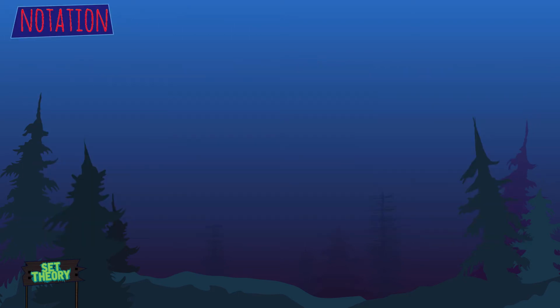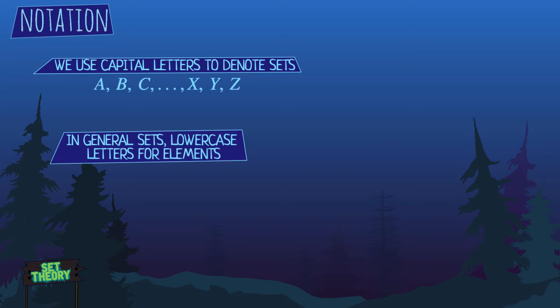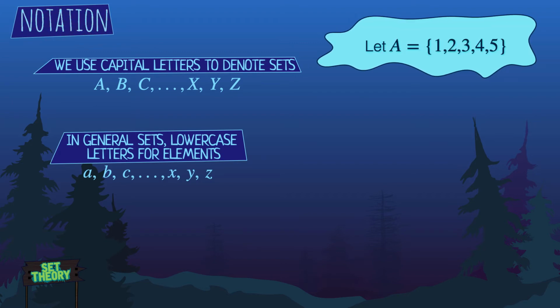So typically, we use capital letters for sets. So we might have A, B, C, S, T, U, X, Y, Z, and we use lowercase letters for elements, so a, b, c, x, y, z, and so on. So let's let A equal 1, 2, 3, 4, 5. Really simple